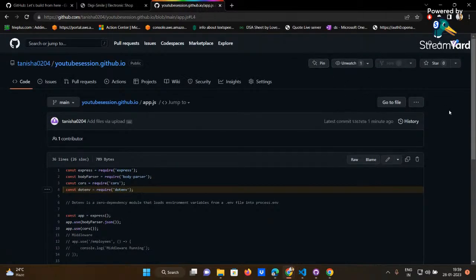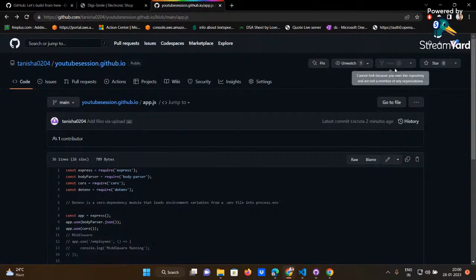how to deploy, how to add your project onto GitHub. And we'll talk about a feature called fork. Fork, you find it here. There are zero forks, and I'll tell you the reason. The reason is when you create your own repository, you cannot be a member of any organizations. Like you are the creator of this repository, you cannot fork it.